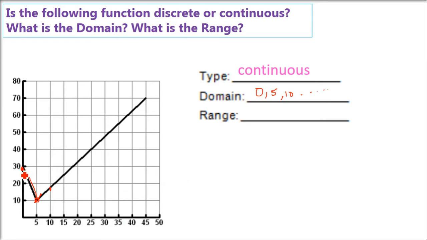for the same points you have to take y values. For example, the first one you can take as 30. I'm just taking approximate values to make you understand. Second one can be 10, like this. And what is the y? Around 18 you can write. This is the range.